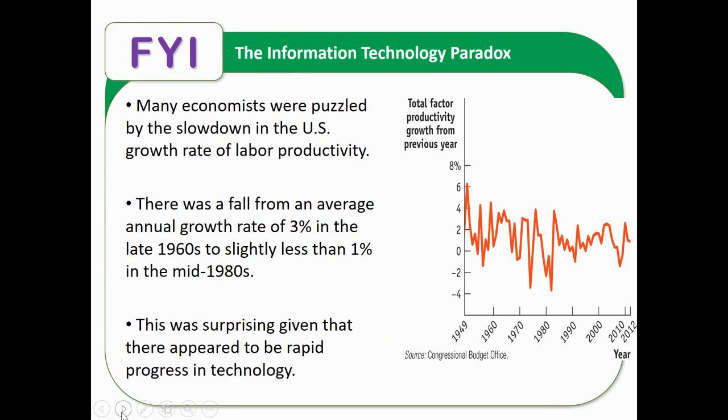So here we can see the issue. This is an information technology paradox, and economists were puzzled why we had such a slowdown in the 70s and 80s with technology. This is what I was talking about before, where a lot of people were so used to doing things a certain way that they weren't embracing the new technology, which then really slowed down the growth rate of our productivity. Okay,